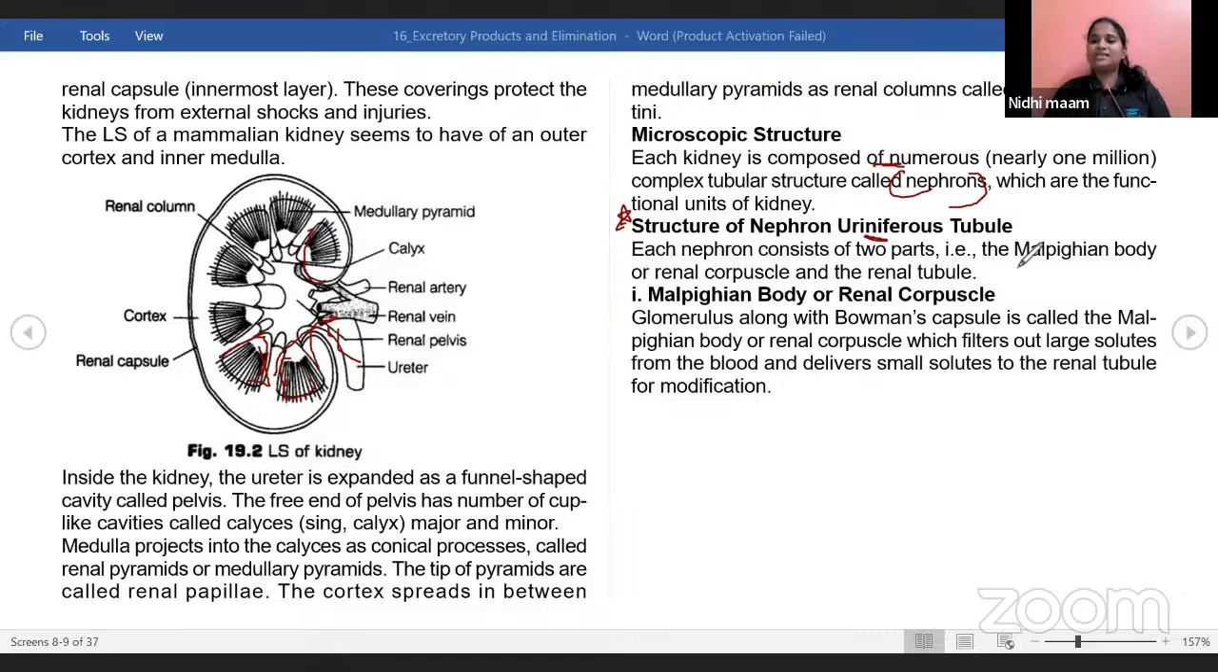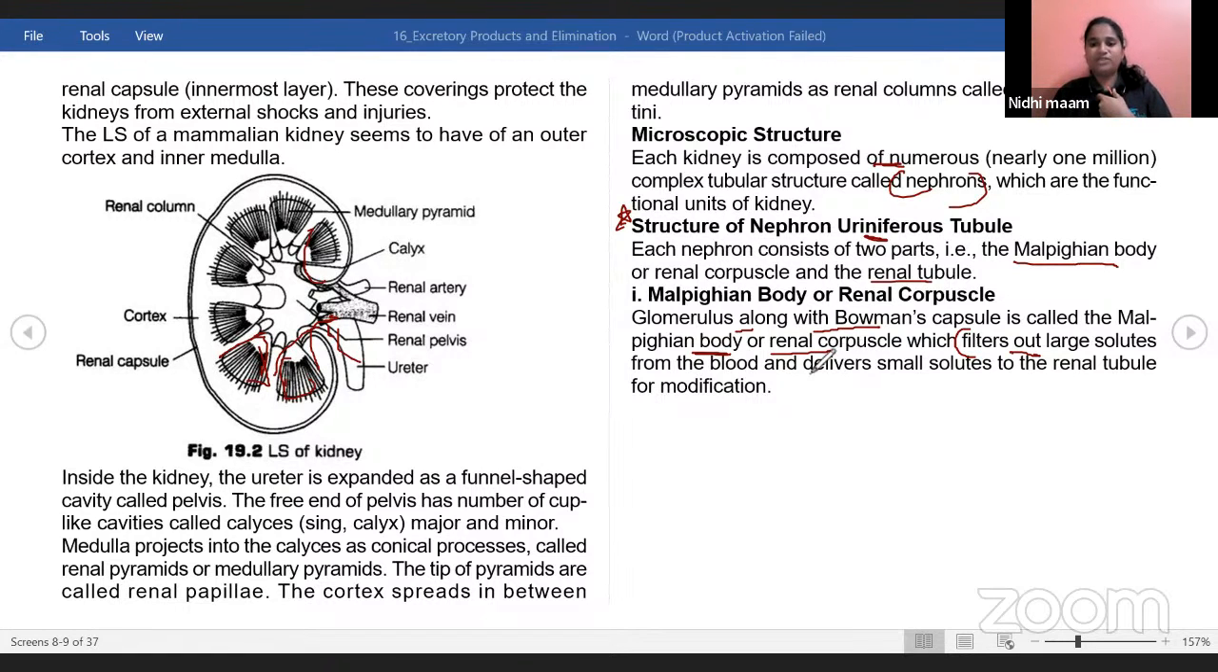So nephron consists of two parts. ಒಂದು malphizian body ಅಥವಾ renal corpuscle ಅಂತ ಕರಿತೇವೆ. And ಇನ್ನೊಂದು renal tubule ಅಂತ ಕರಿತೇವೆ. Renal corpuscle ಅಂತ ಬಂದಾಗ glomerulus along with Bowman capsule is called malphizian body or renal corpuscle. ಅದರ ಕೆಲಸ ಏನು? Filters out large solutes. So blood ಅಲ್ಲಿ ಯಾವುದಾದ್ರೂ major large solutes will be present, no, that will be filtered by the